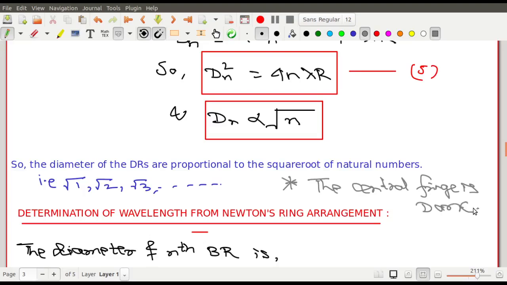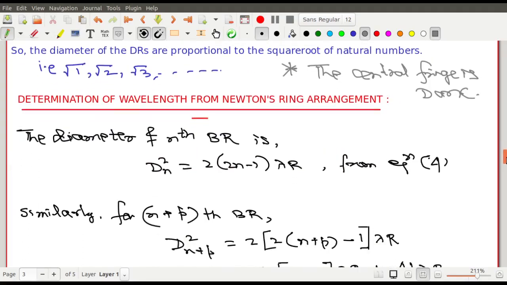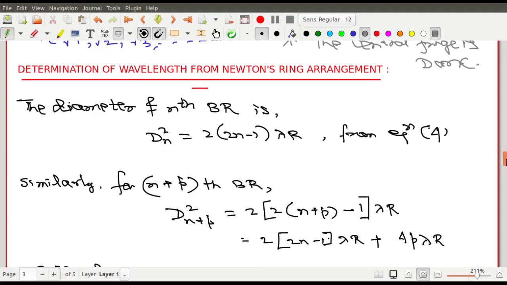The central fringe is dark in that particular system. So the central fringe must be dark under that condition, because normally in interference, the central fringe is bright. In interference like the Fresnel biprism or Lloyd's mirror, we find that the central fringe is bright, but as there is an extra phase pi,